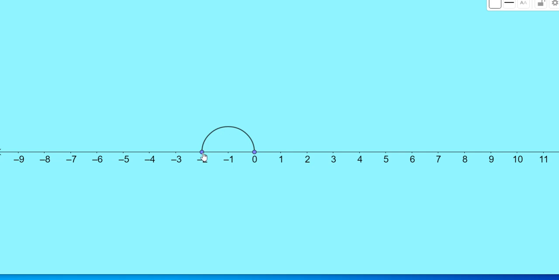Now add another negative 2, take 2 more divisions. Now this is second negative 2 and take one more. That is, this represents 3 into negative 2. Now 3 into negative 2 you are getting negative 6. That is 3 into negative 2 is equal to negative 6.